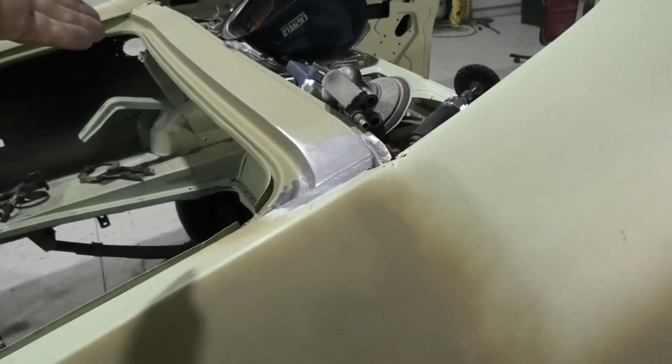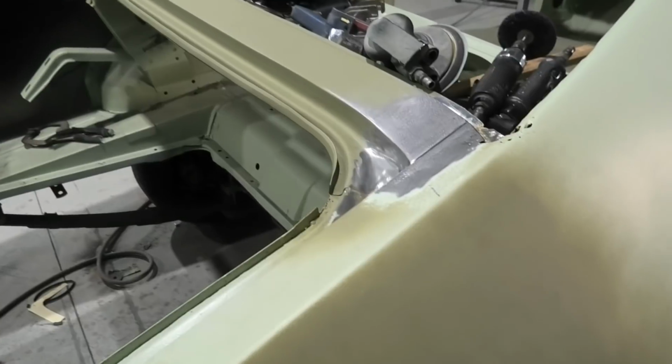The panels are fantastic, they fit beautifully. Pay extra for the reworked one because they're actually significantly better,